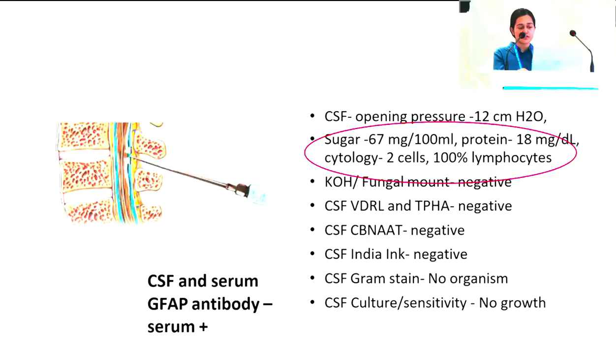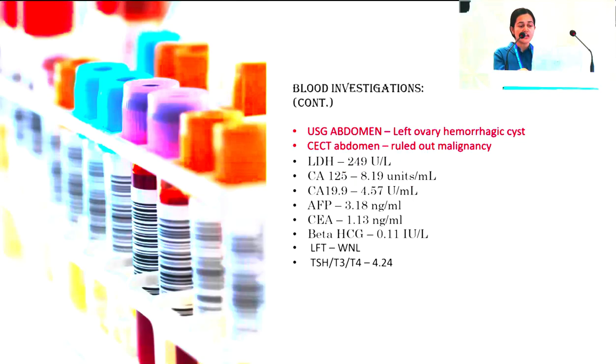All the infectious etiologies were negative in the CSF. We then went ahead with the GFAP antibody testing, in which the CSF GFAP was negative, but the serum GFAP came out to be positive. Since GFAP is associated with a lot of neoplastic associations, we went ahead to rule out any malignancy,